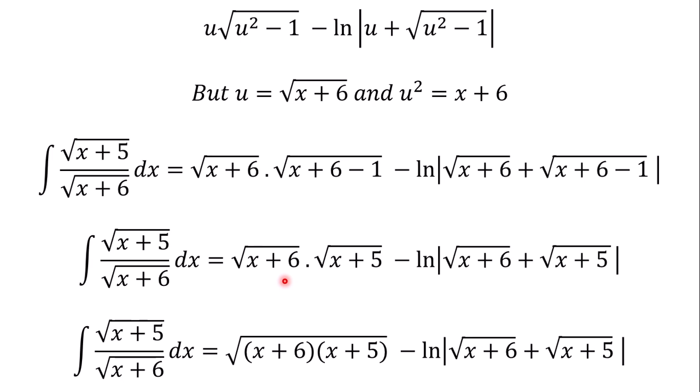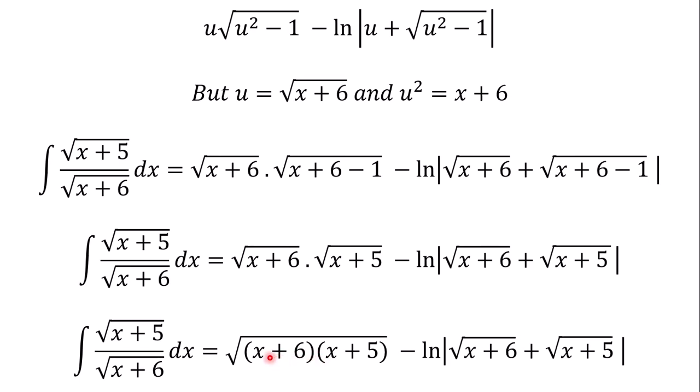from the multiplication law of surds, square root of a times square root of b gives us what? Square root of what? ab. So this times this will give us the square root of x plus 6 times x plus 5. And then before we add the constant, we're just going to open the bracket for this one,